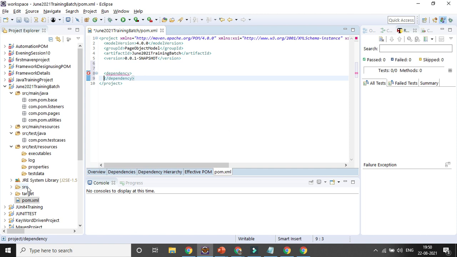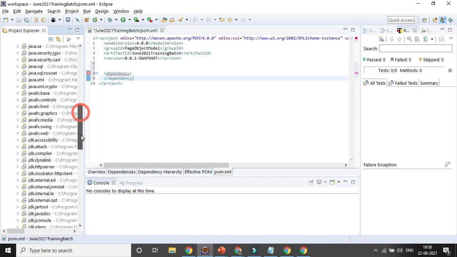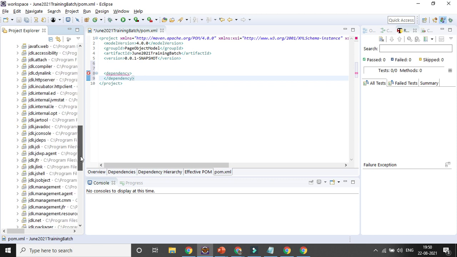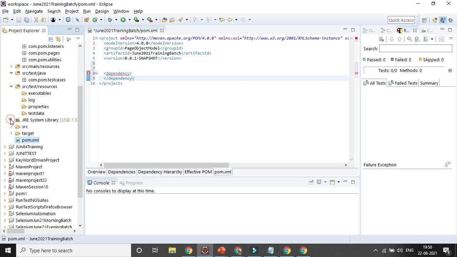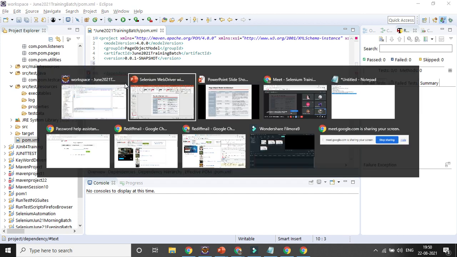In case you missed my Maven session, you can go through it once. Now you can see there is no jar file here, right? Only the Java related jar file is there. So I will not be adding any jar file manually. As and when something is required, I will be adding it as part of the dependency tag. By default, if you open the pom.xml file and go to the pom.xml tab, you need to add the dependency, and it will be closed with the dependency tag. For the basic part, you need to add two dependencies: one is the Selenium dependency and another one is your TestNG dependency.